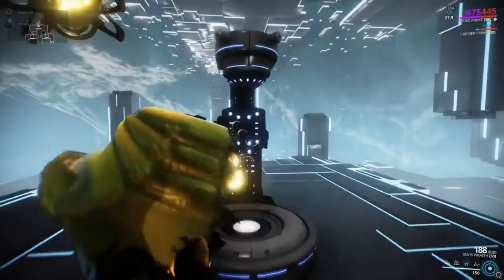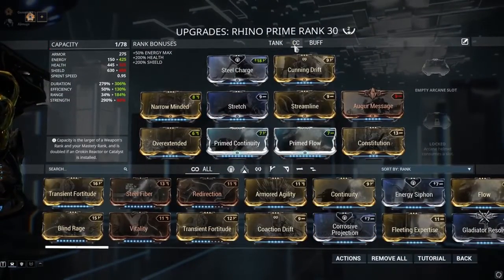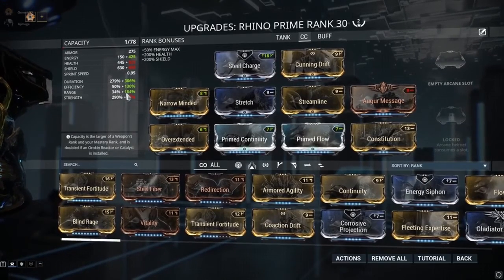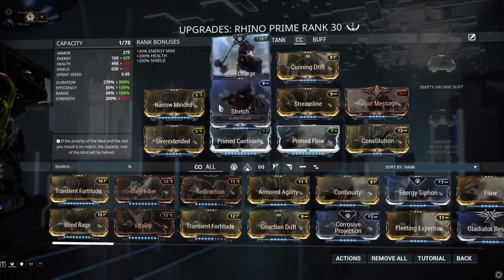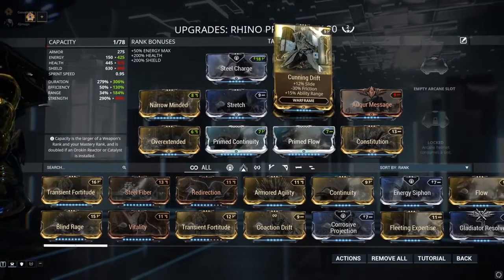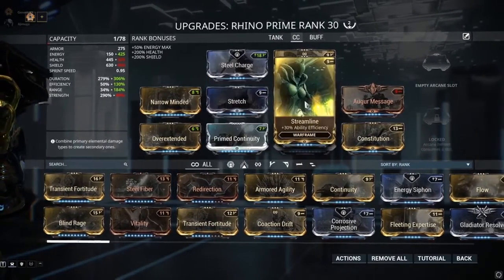The next build I want to show you is the crowd control build, one of the best builds of Rhino. For this one, what you want is duration and range. That's really what you want to go for, duration and range. I still have put Steel Charge because I still go with melee on Rhino. But this time I've put Cunning Drift for ability range, Narrow Minded for duration, Stretch for range, of course, Streamline